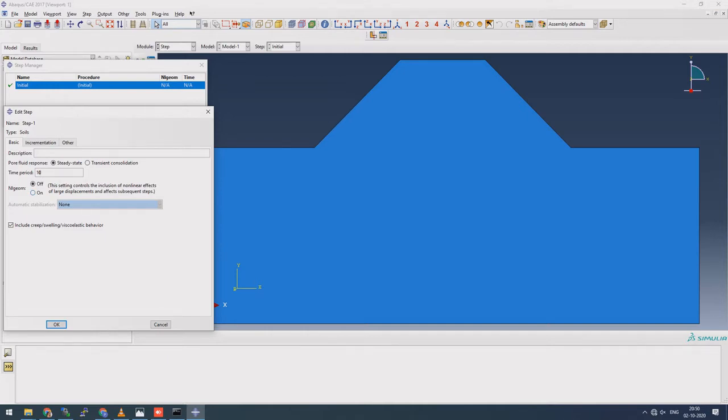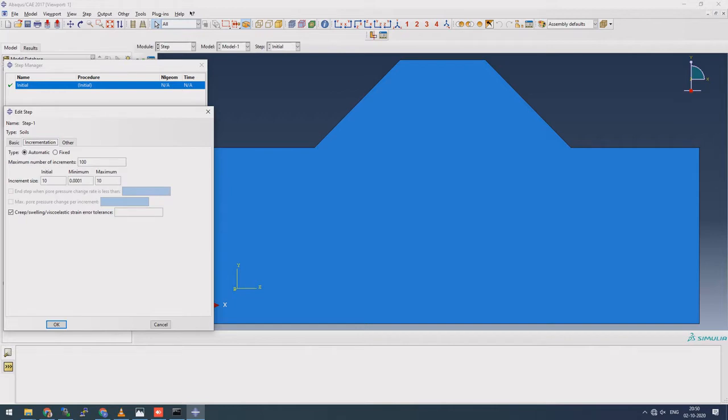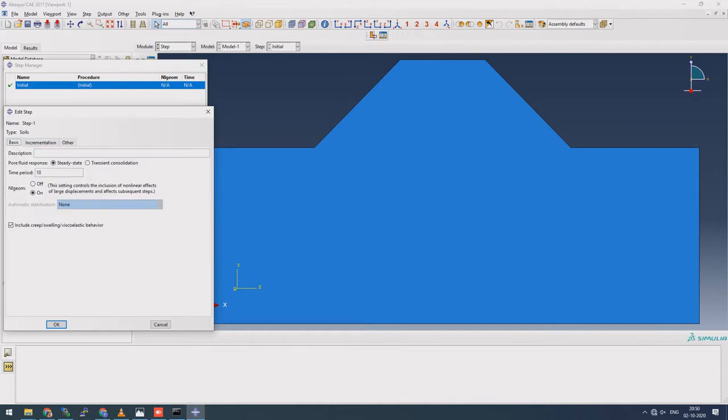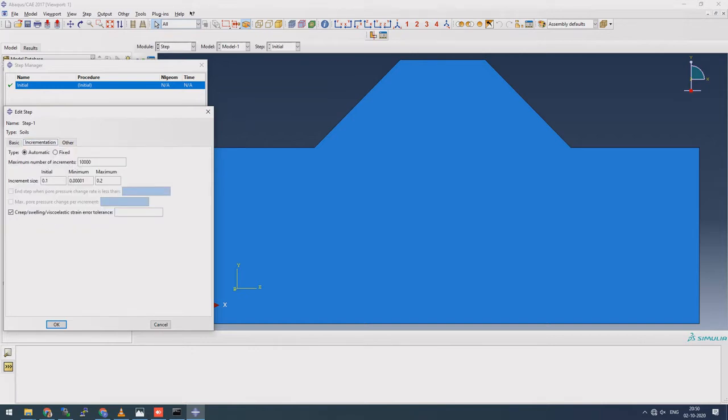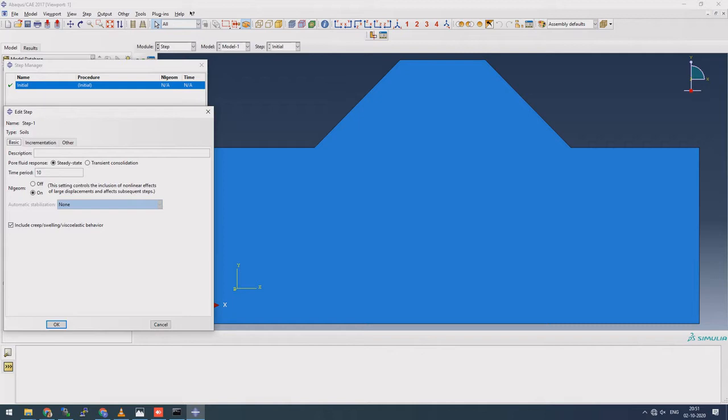And if you want to look at the stresses, you can just turn NLGeom on. So let us just manage this so that we don't fail at first attempt. So initial increment we make it small, so let's say 0.1, and maximum is 0.2, and the number of increments, let us increase them. Minimum increment, so we do not fail the steps. Everything else is constant. You can just go with the default procedure, but I'm just taking extra care, so you can go with default, and that's okay. Anything we missed?